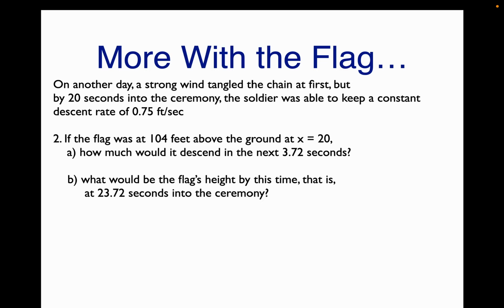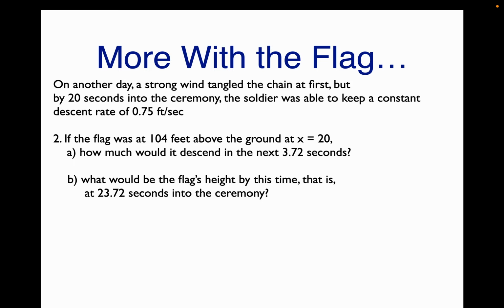Part A tells me how much lower it got, delta y. Negative 0.75 times 3.72. How much lower than what? How much lower than 104? So 104 minus 0.75 times 3.72. So it'll be right around 100. I don't know the exact number. It'll be something less than 104, but certainly not